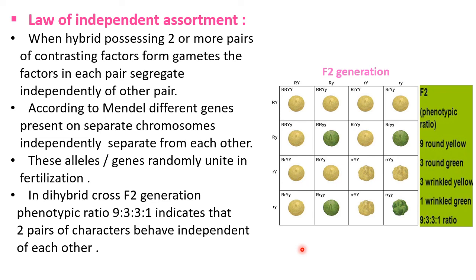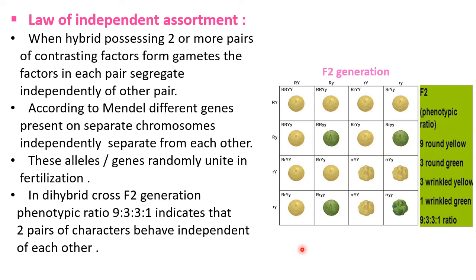Then color shows two variants, yellow color and green color, but shape as well as color is a totally independent character, and they produce new combinations by producing new